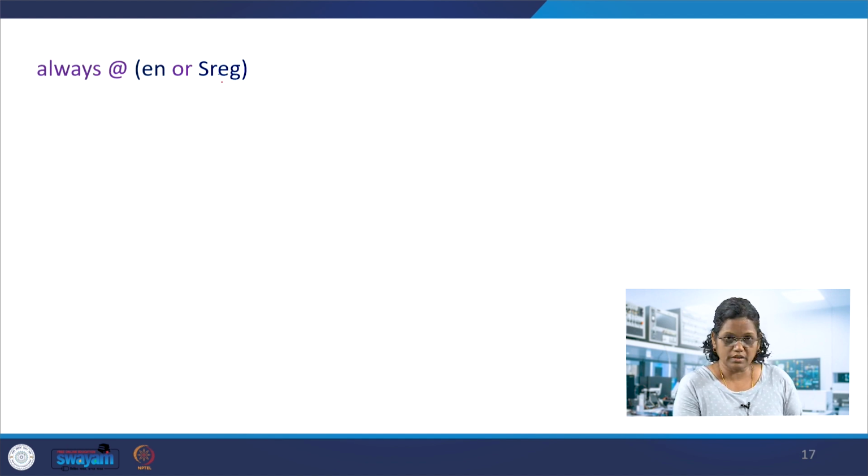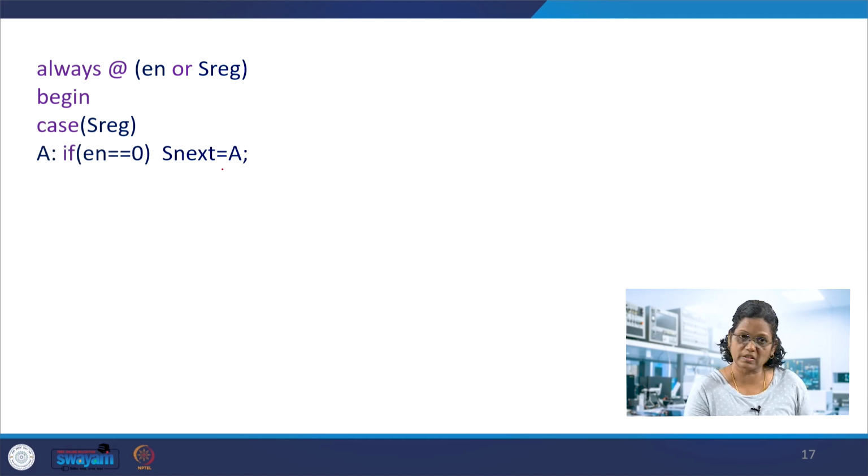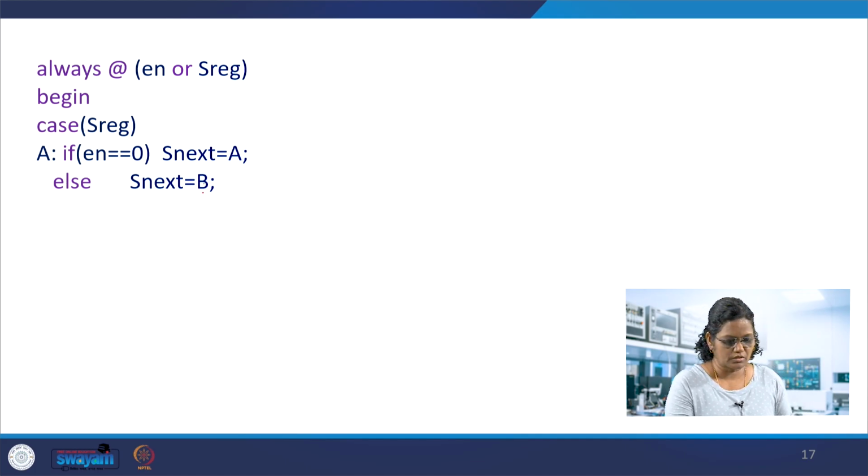So after this, S next, the first statement in the previous always block, is getting the next state from here. You can see the enable and SREG, how this SREG is, you can see the enable also is placed over in finding the next state. S next is getting A, else S next will become B. So this gives the next state logic separately.